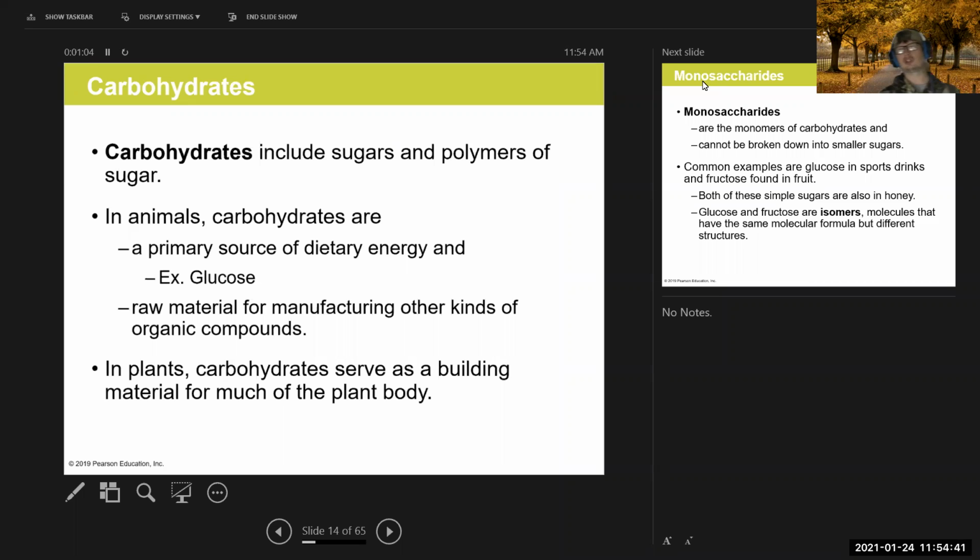The primary source of dietary energy in animals is glucose. Glucose is what we would refer to as a monomer of carbohydrates. Glucose is a really energy rich organic molecule, and in efficient cellular respiration processes, one molecule of glucose can end up turning into potentially 36 ATP molecules, which is quite a bit of energy for our